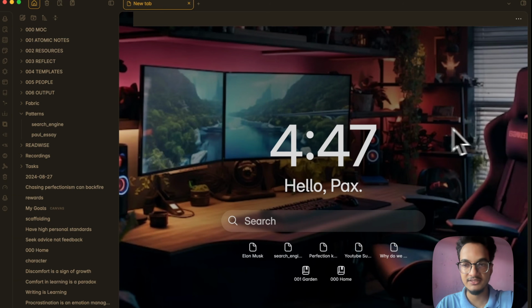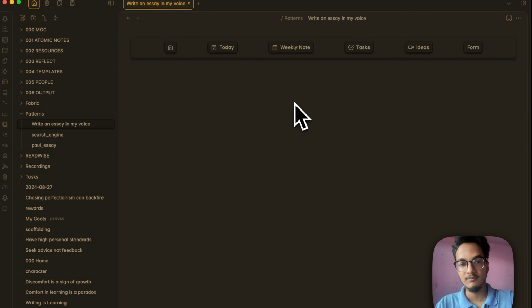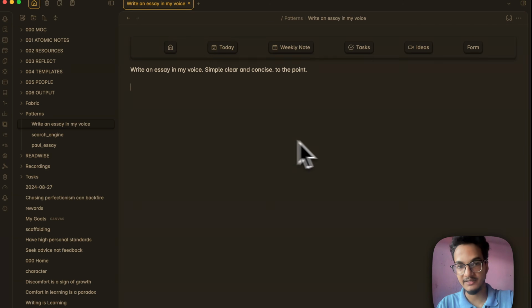Now there is one important feature that I want to talk about, that is creating a new pattern. To create a new pattern, there is nothing complicated. You just need to create a new node in this patterns folder, and let's say write an essay in my voice. Now this is a new pattern, but currently it does not have anything in the content. You can write: write an essay in my voice, simple, clear, and concise, to the point. You can also provide examples of the essays you write, okay? But I don't want to spend too much time writing the prompt right now,